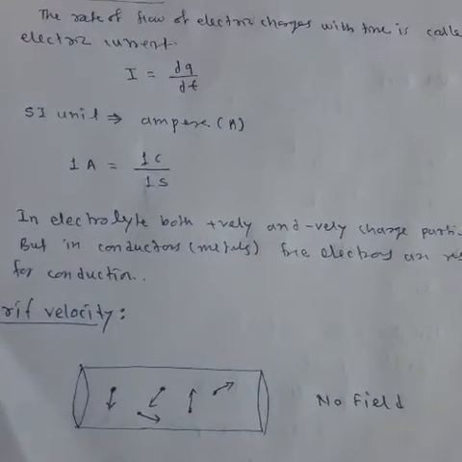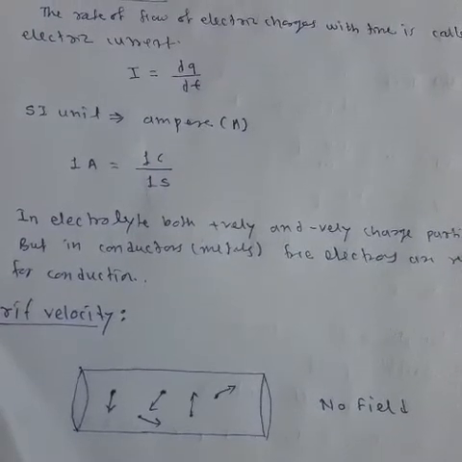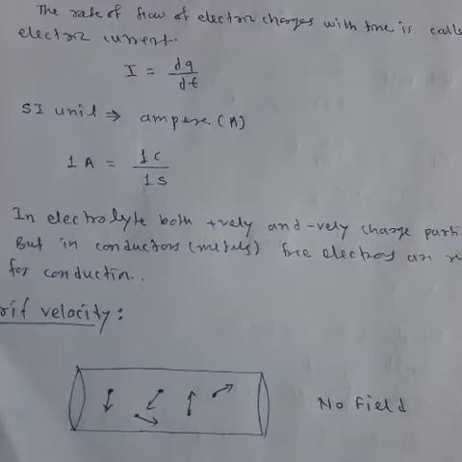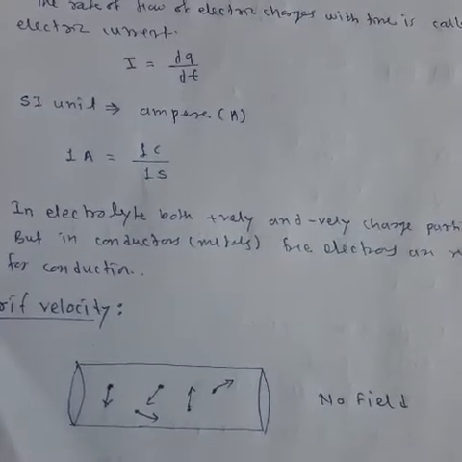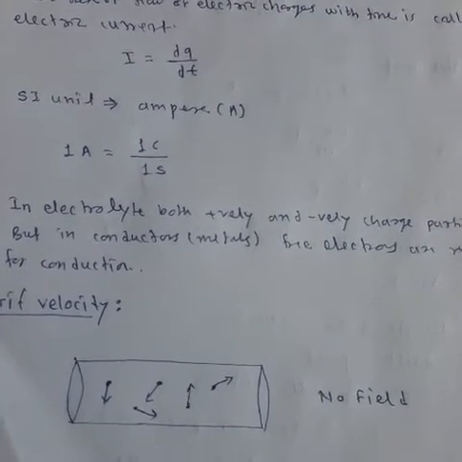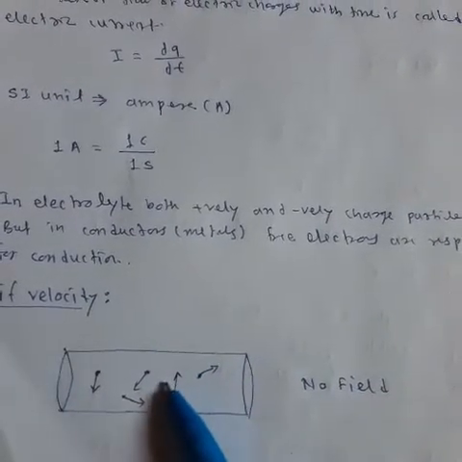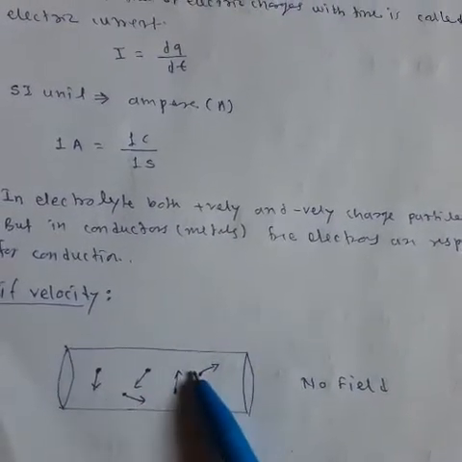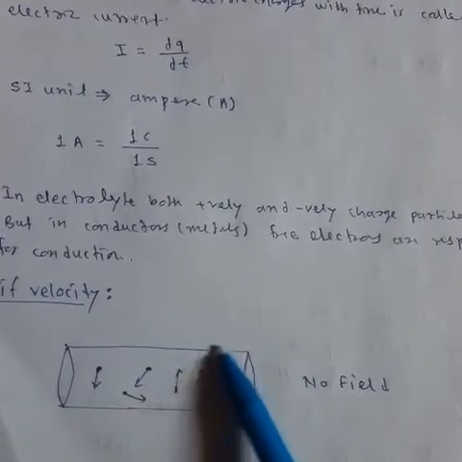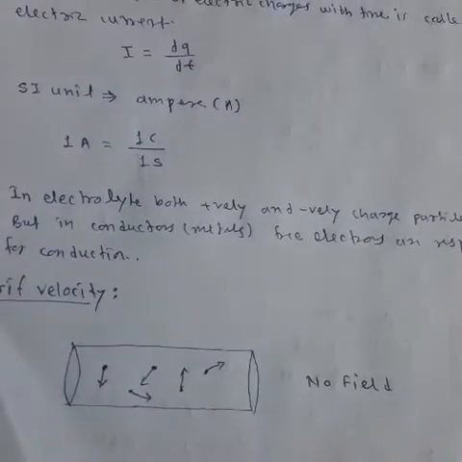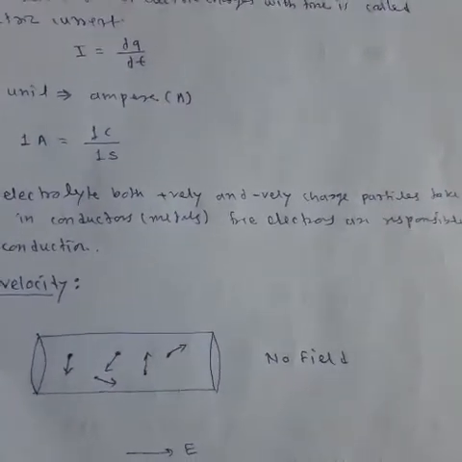We know that room temperature is say 27 degrees Celsius, means 27 plus 273, which is nearly equal to 300 degree Kelvin. At this 300 degree Kelvin, it has energy. This energy is known as the thermal energy. Due to this thermal energy, they are able to move in all possible directions with all possible velocities.